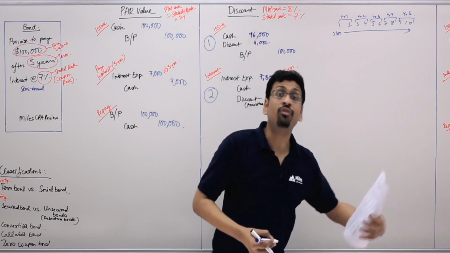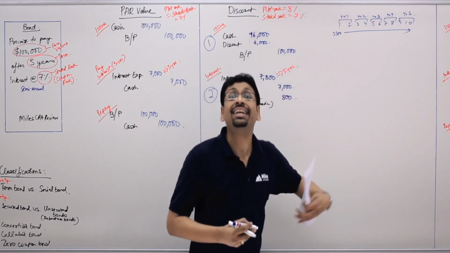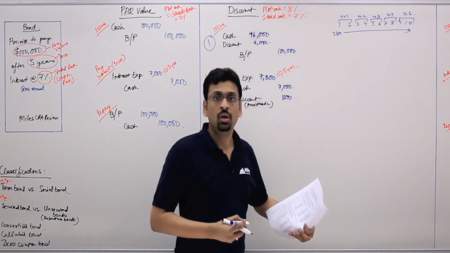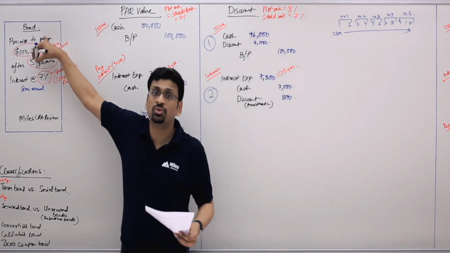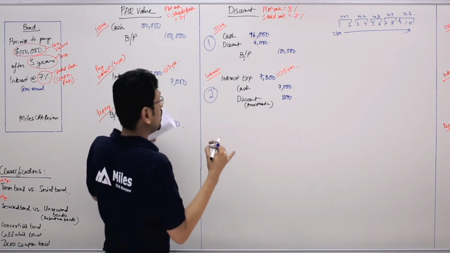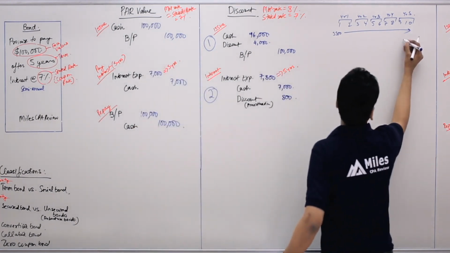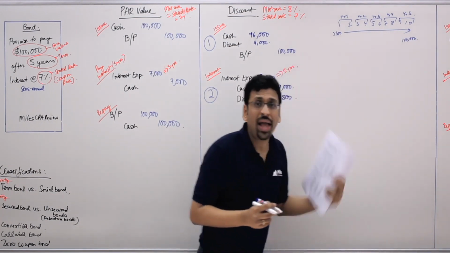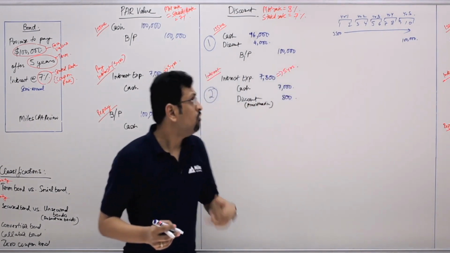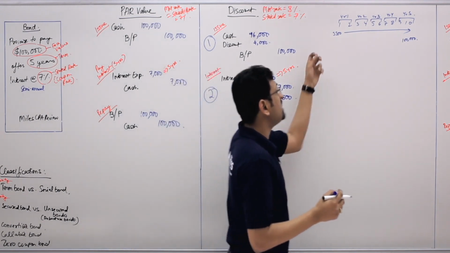At the end of 5 years, or at the end of these 10 periods, we're going to be giving out the face value of the bond, $100,000. Remember, the repayment of $100,000 happens after the interest payments. So now, to calculate the present value of this bond, we have to use the present value factor for